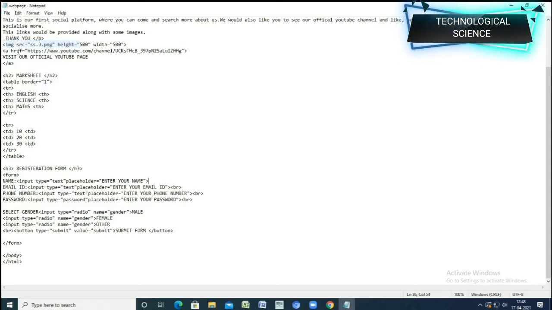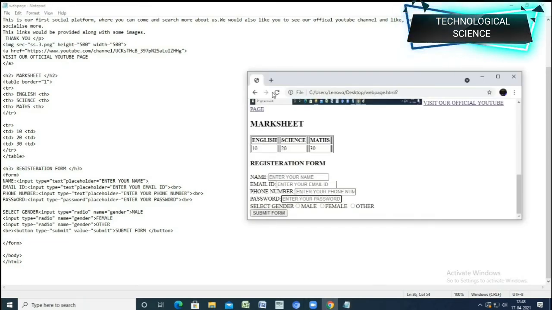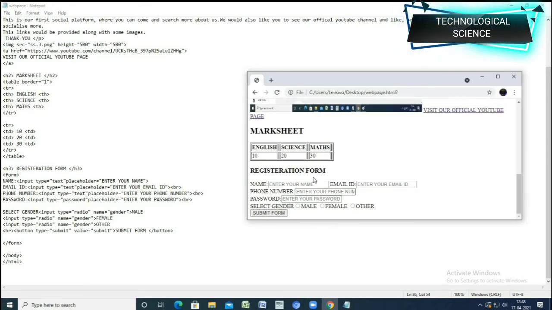Just delete it, click on save, then go over here and reload this page. As you can see here, the email ID which was written beneath the name has come up next to it. So br basically means that you are breaking a line and putting the text in the line below.